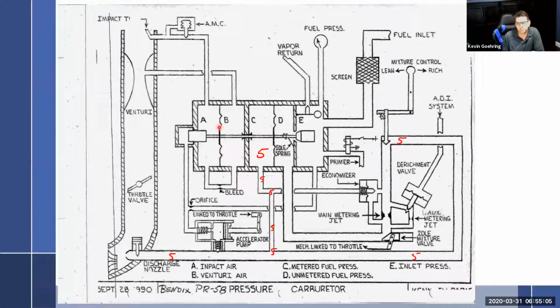So A plus B plus C should equal whatever D is. And if A, B, and C is greater, it's going to open the poppet valve, open this restriction until D equals it. If A, B, or B and C decrease, then it's going to pull this back and then decrease D until we're back into equilibrium. So equilibrium is always going to be the key word to that.